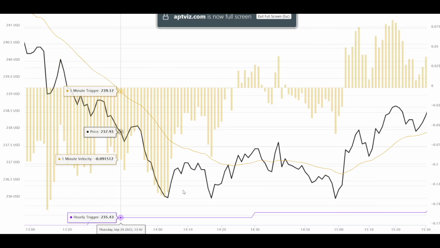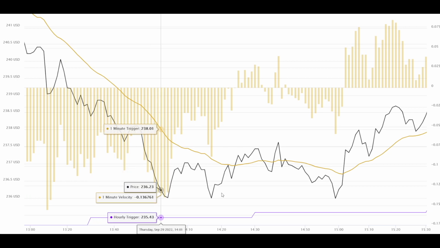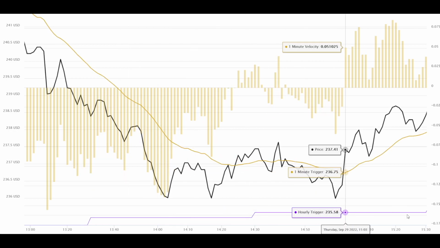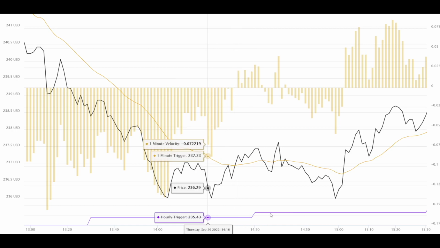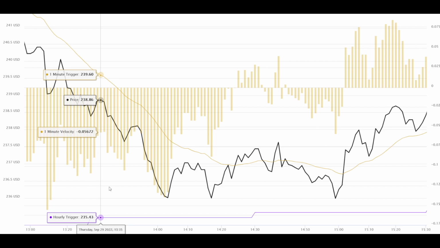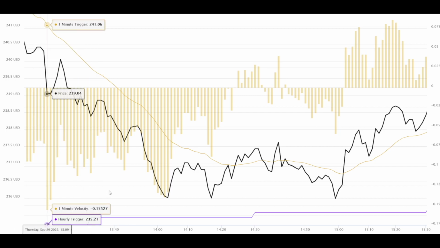So when price makes a new low, but your 1 minute velocity does not make a new low, that tells you that there are buyers at the hourly trigger. And that's very important because you want to know if this hourly trigger has significance to it. Is it going to provide support? So when you see the 1 minute velocity, the most extreme reading right here at negative 1.5, and then price